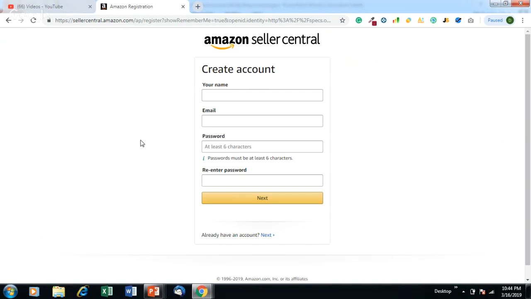So you can ask them to downgrade your account and refund your money. It is just a formality that they make your account a professional account by default. But if you do not want it, you can ask them to give your money back, and they will downgrade it to an individual account until you have your product in the warehouse. And after that, I upgrade it again.